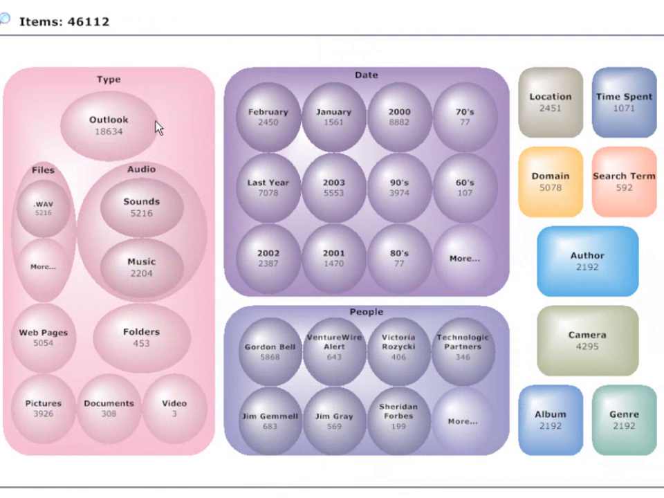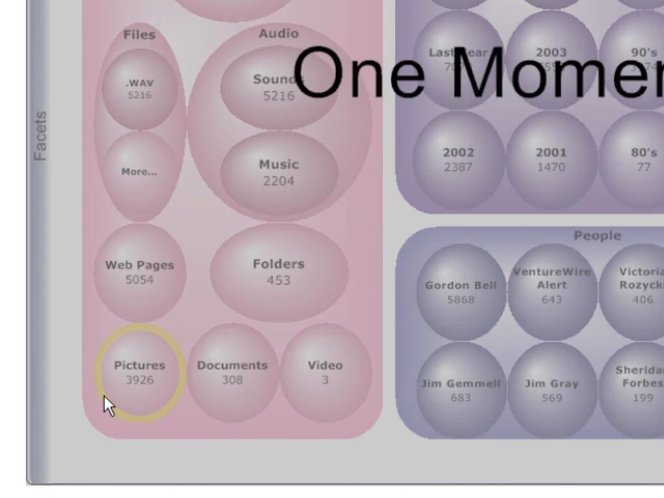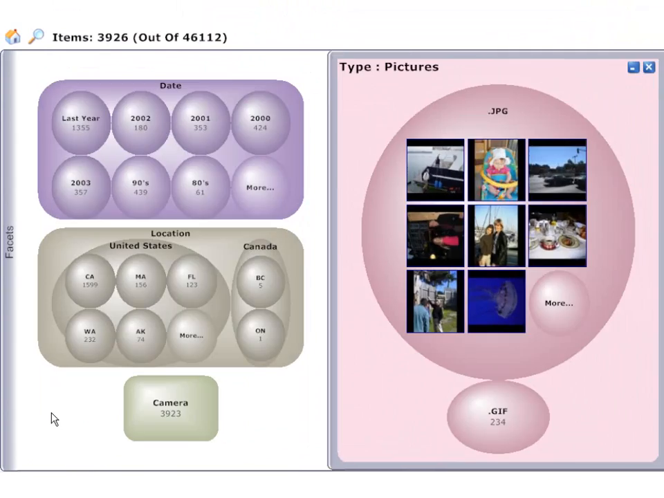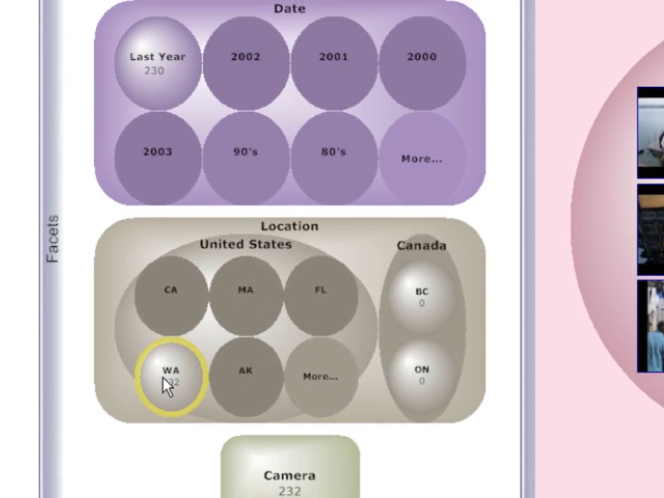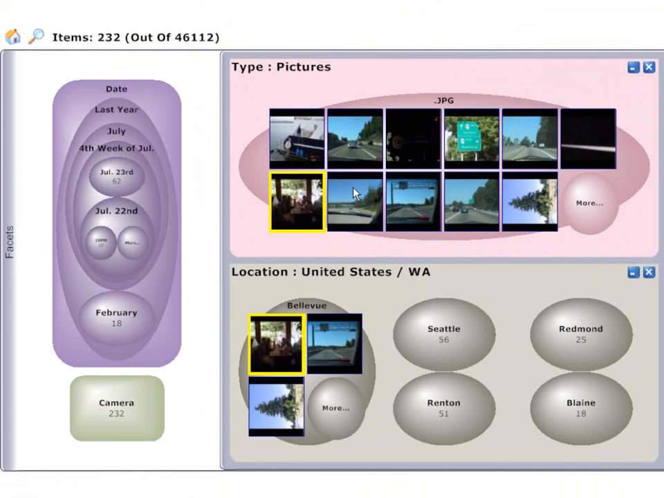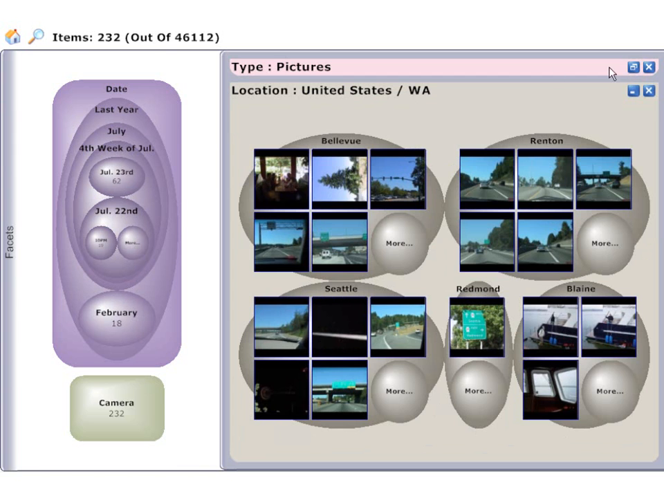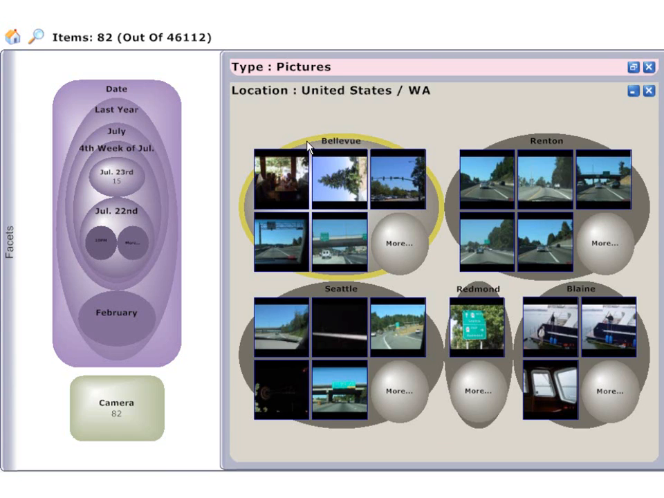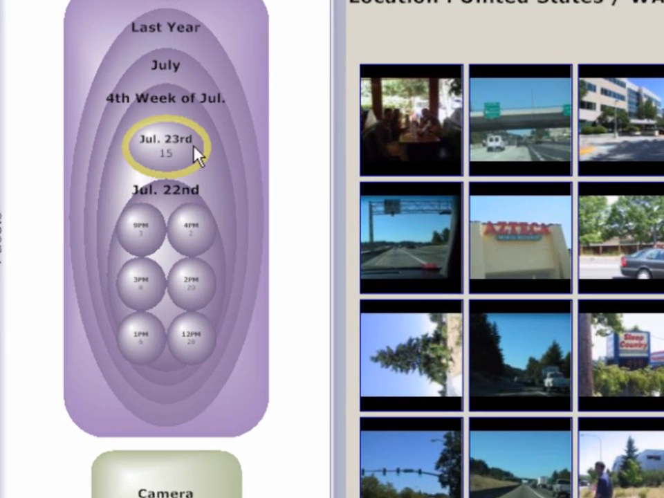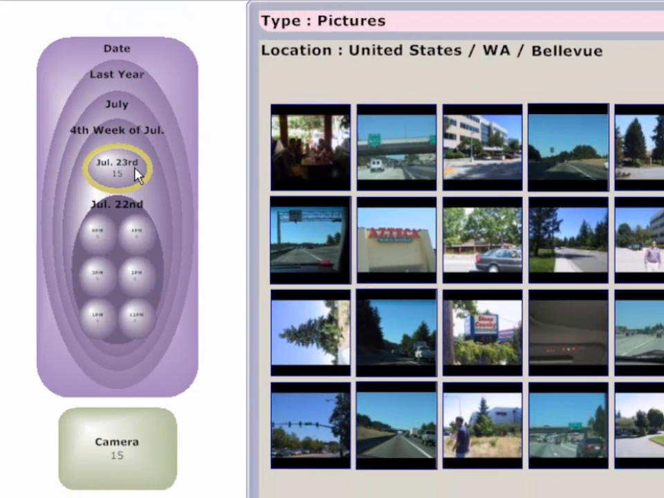When interacting with Facetmap, each selection adds another clause to the dynamic query. By selecting Pictures, for example, we are made aware of what locations the pictures were taken in. We then narrow down to Washington State. We minimize the type facet to devote more space to the location facet, and select Bellevue from among the cities. Finally, we notice that these pictures were all taken in July of last year, and we choose July 23rd as